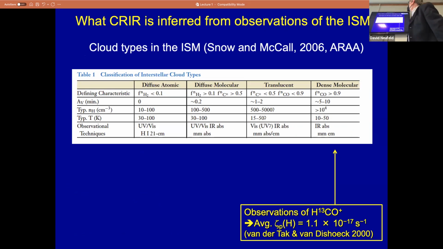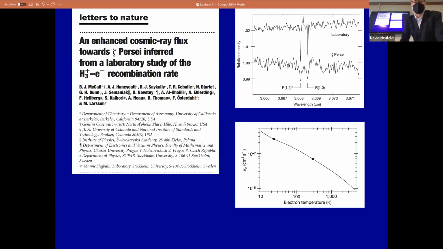And one can use molecules to estimate what the ionization rate is now in molecular clouds elsewhere in the galaxy, far away. So for example, observations of HCO+ can be made in dense clouds that are almost entirely molecular, and the number that one gets is in almost perfect agreement with what one would expect given the cosmic rays that you can measure at Earth. But then there was a big surprise roughly 20 years ago when